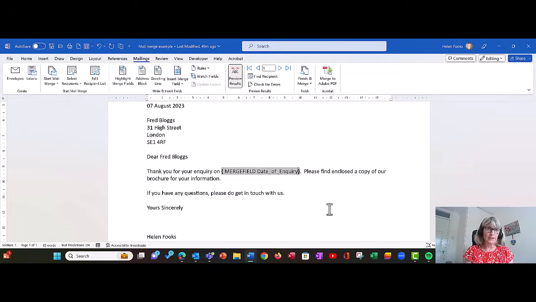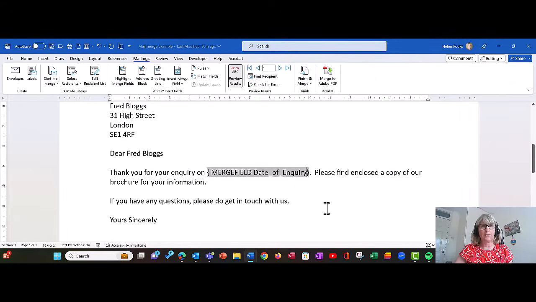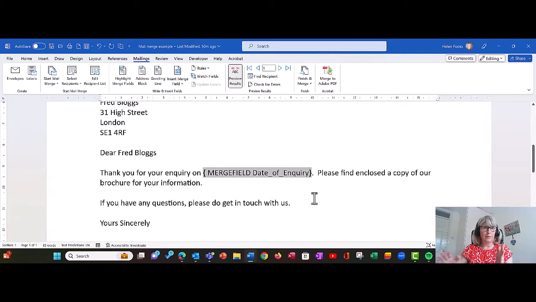Now what I need to do is I need to add some information. You've got to be very careful where you type that information. So it needs to be at the end of the field, but before those curly brackets. So just be careful there. So I'm going to click, I'm going to zoom in for you as well. So I'm going to click between the Y and the curly brackets, and I'm going to start off with a